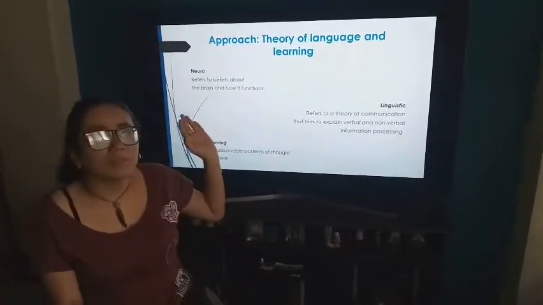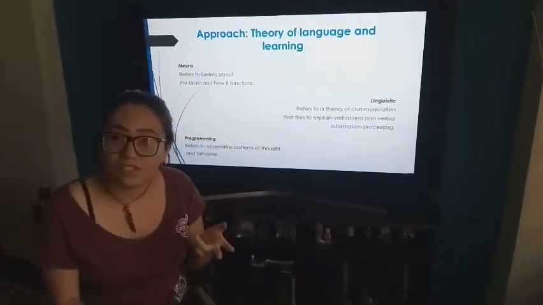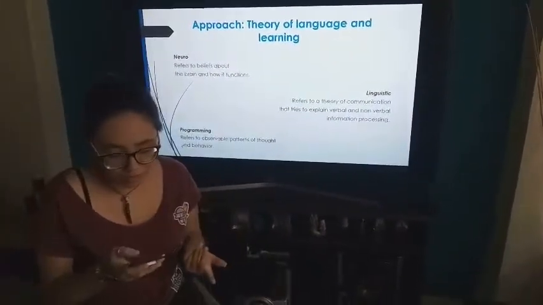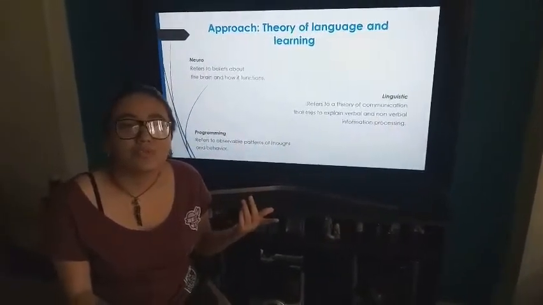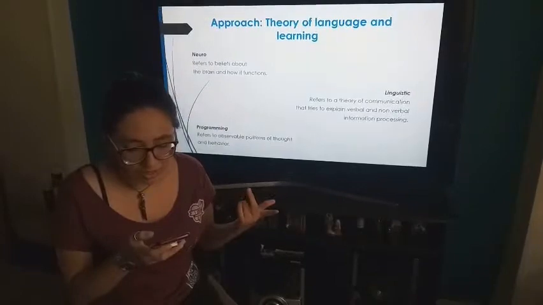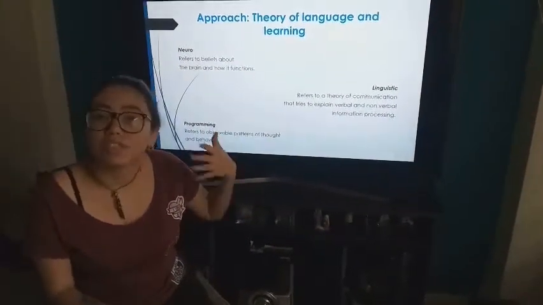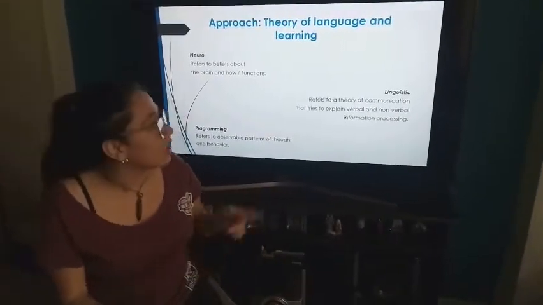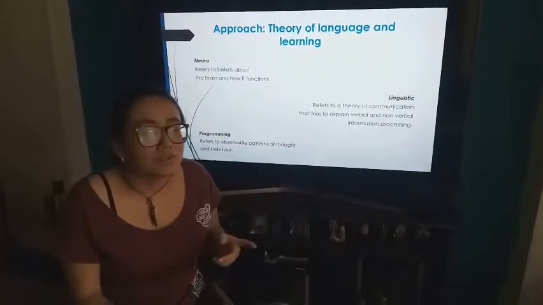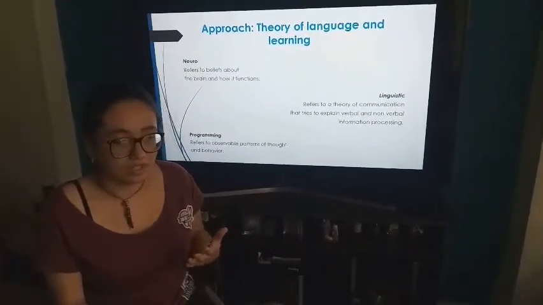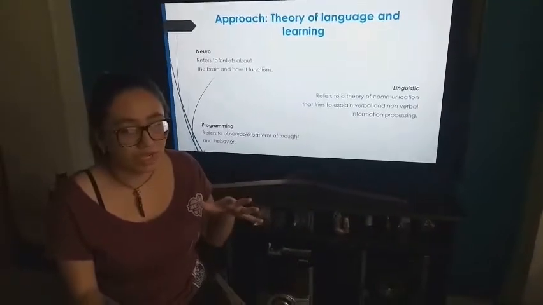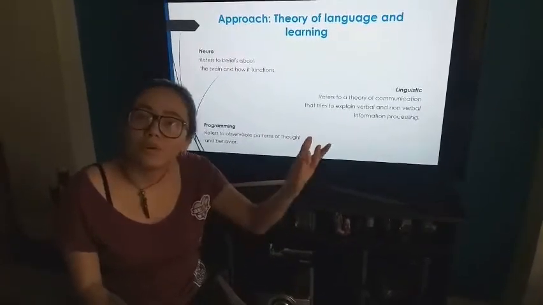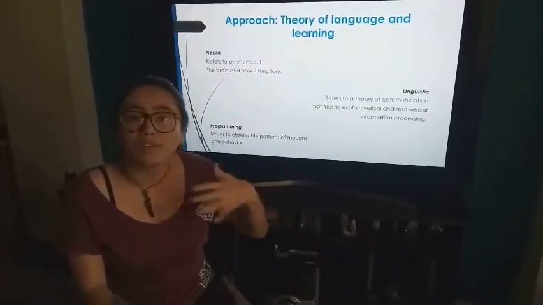Right now, Rebel and Norman offer the following definition of what neuro, linguistic and programming mean to them. The neuro part of NLP has to do with the experience of the world that we have through our senses and how we can decode that in our brain with our neurological functions. The linguistic part of NLP has to do with how we use language, how we can use it in a very good way to communicate everything in the best way possible, and how we interpret the world around us and how we can build it for us and for other people.